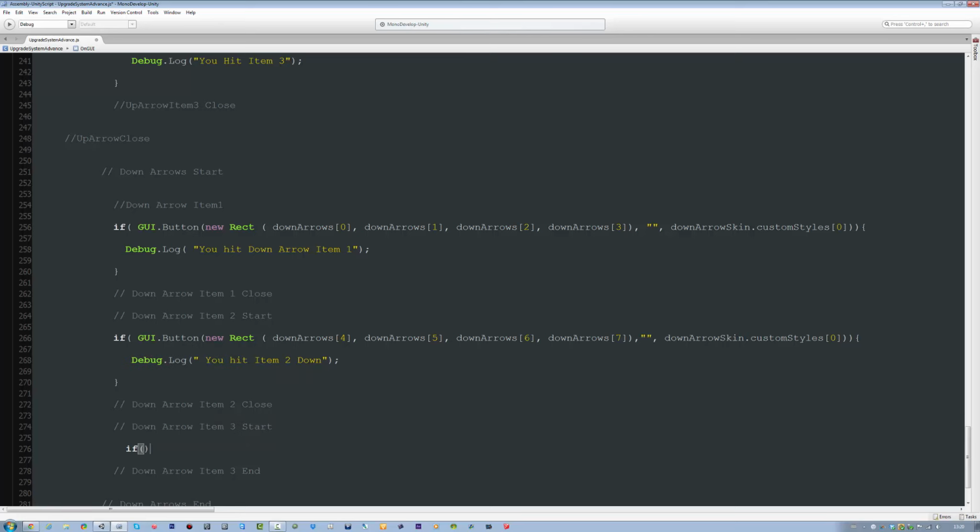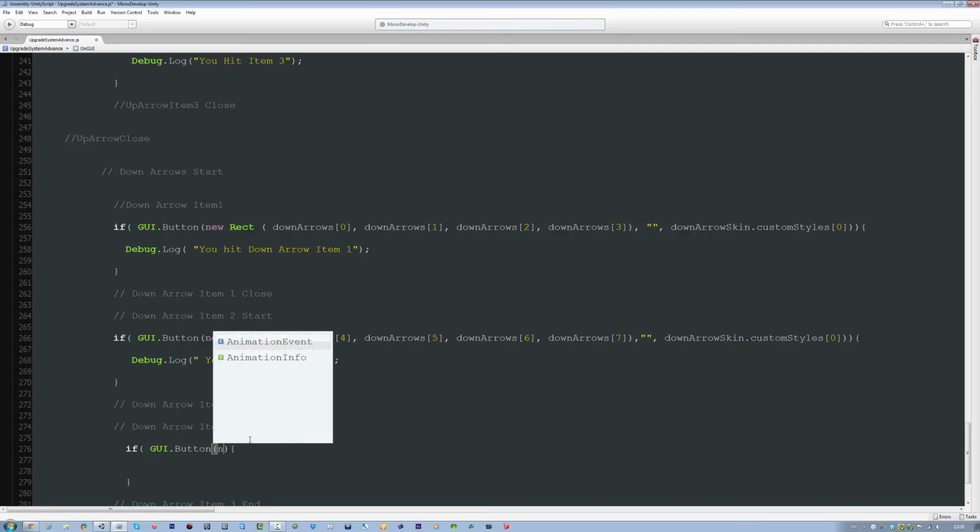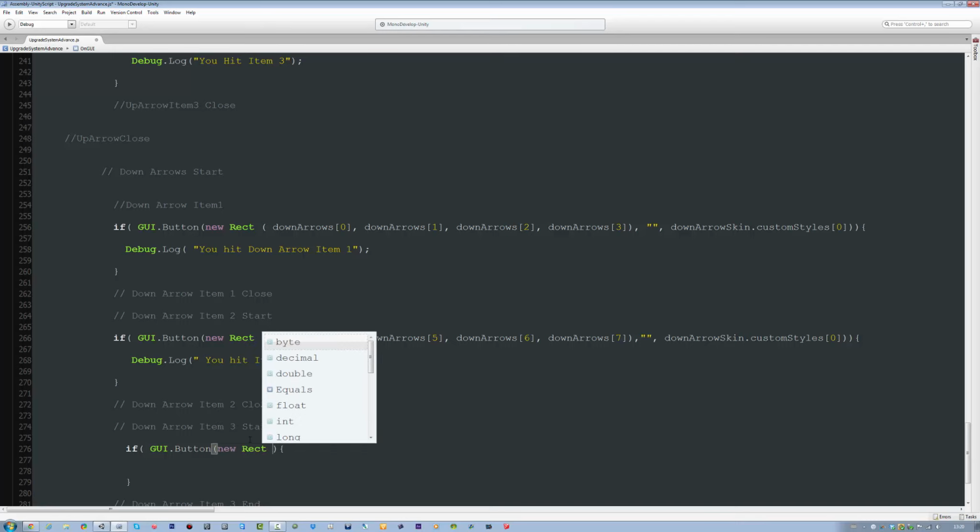If open bracket close bracket open curly brace and closing curly brace. Then I'm going to say GUI dot button open bracket new rect open bracket down arrows